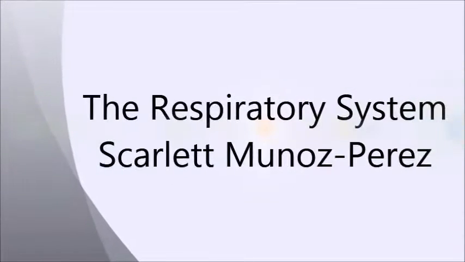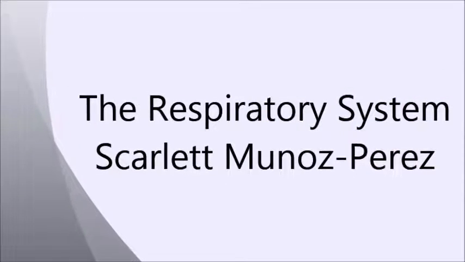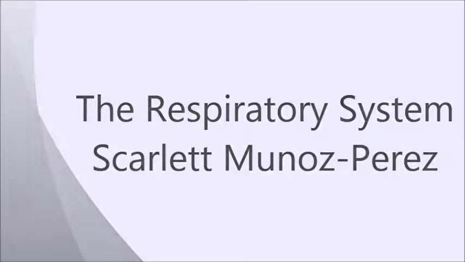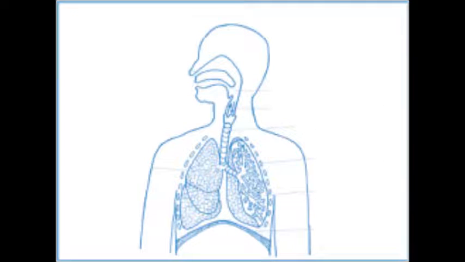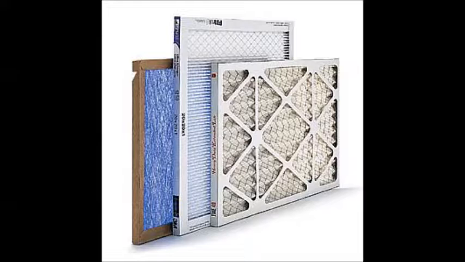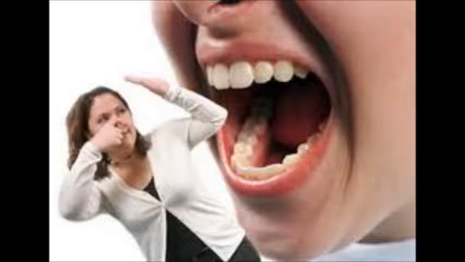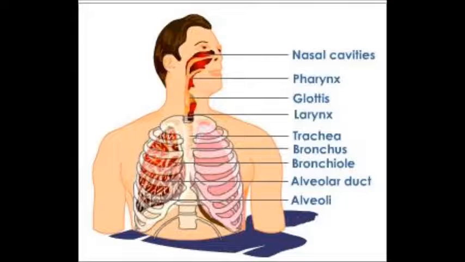The respiratory system. Some major functions of the respiratory system include distribution of oxygen and gas exchange in the body. The system filters, warms, and humidifies air. It regulates the pH, and it is also responsible for smell and sound. Organs of the respiratory system are the nasal cavities, sinuses, pharynx, uvula, the glottis, the larynx, the trachea, bronchi, bronchioles,